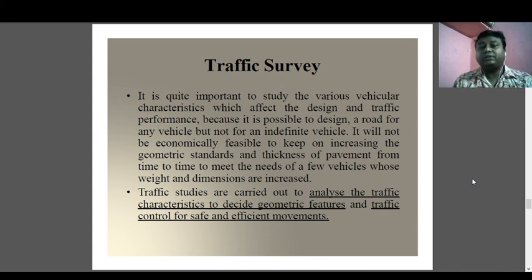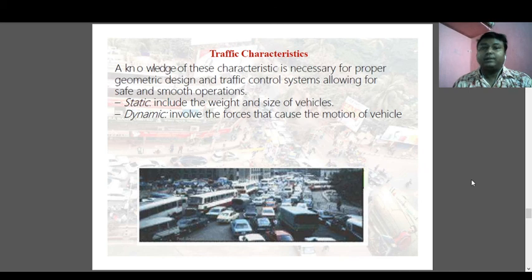Next, the traffic studies are carried out to analyze the traffic characteristics to decide geometric features and traffic control for safe and efficient movement. Next is the traffic characteristics. What are the various types of static and dynamic traffic characteristics? A knowledge of these characteristics is necessary for proper geometric design and traffic control system, allowing for safe and smooth